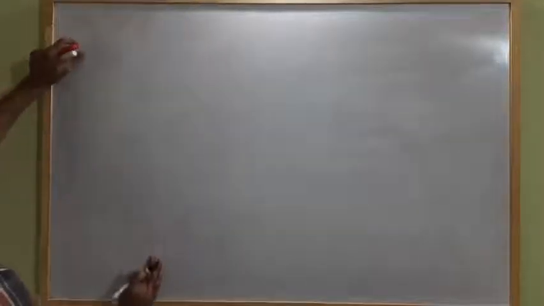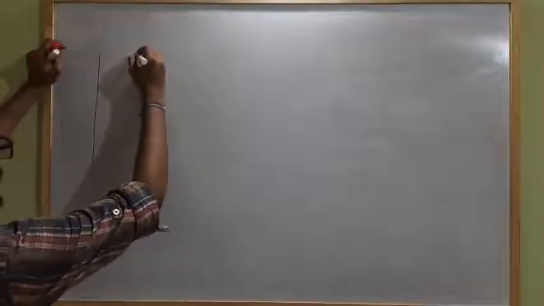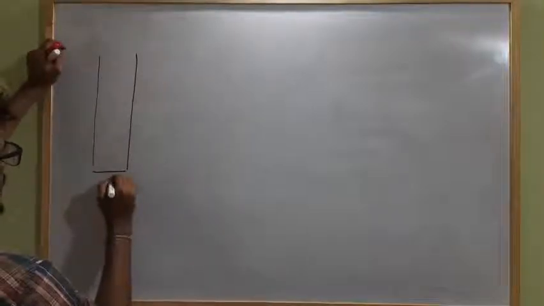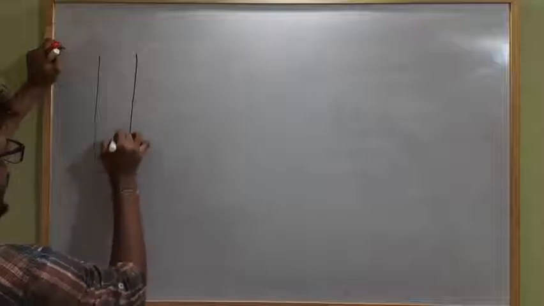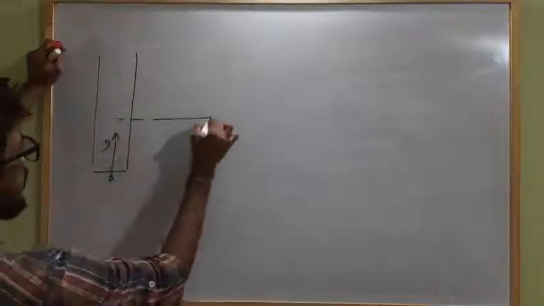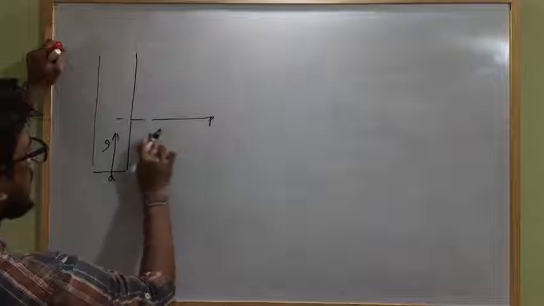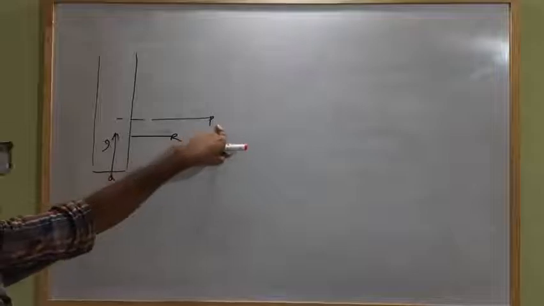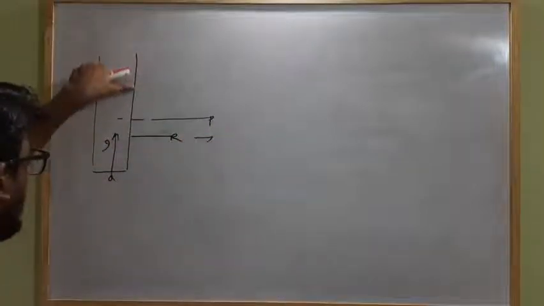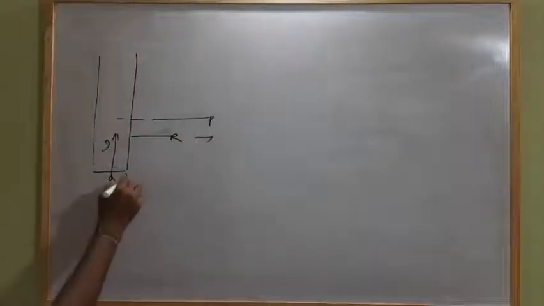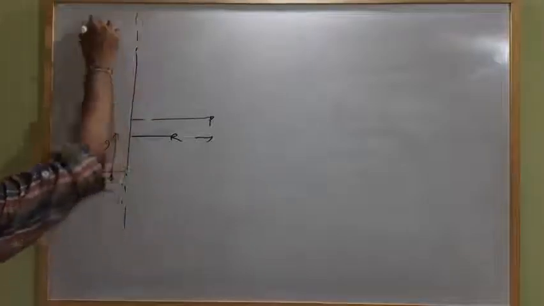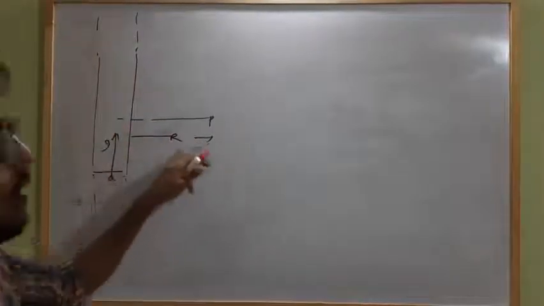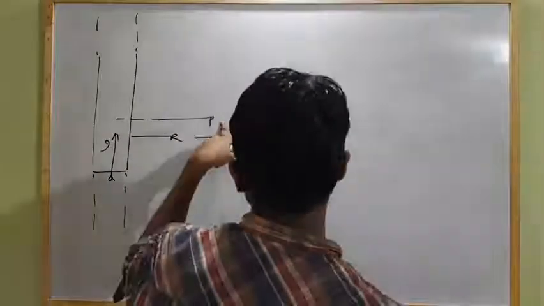So there is another interesting question. In the previous lecture we already discussed that a current carrying flat strip of width A is like this and current flows in it like this, and there is a point of observation P which is at a distance R from this end. Then what will be the value of magnetic field strength at this point P due to this current carrying flat strip which is infinitely spread? Clear? And we already discussed how to calculate the magnetic field strength at this point P.